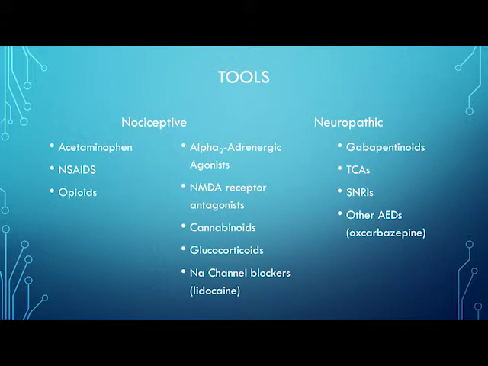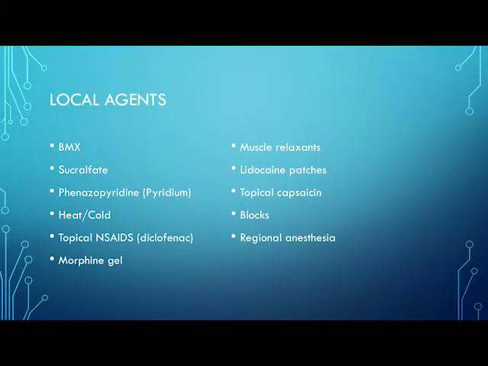So glucocorticoids can be used specifically for like bone pain. Sodium channel blockers like lidocaine and other anti-epileptics. Oxcarb is kind of the classic there, but there are many that have been used with varying degrees of evidence. And that's completely ignoring a whole other subset, which I think of as more local agents. These are the ones to treat a specific problem that you can localize.